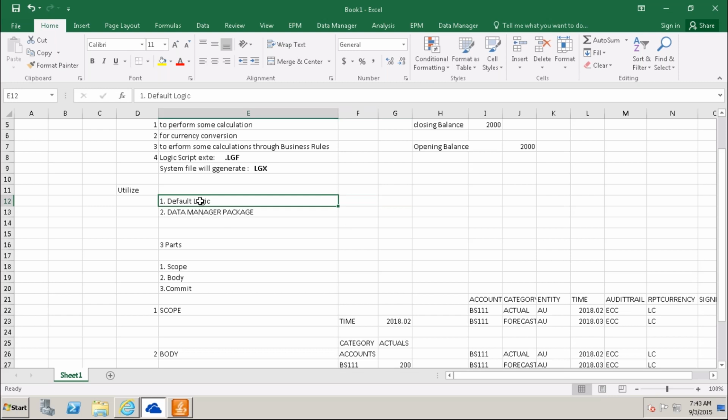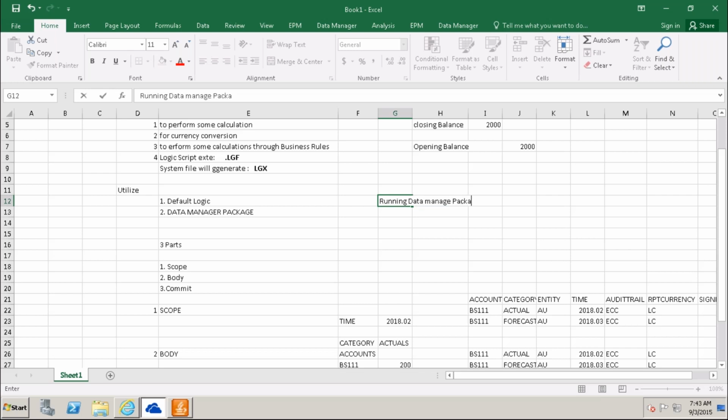When I keep this script logic in the default logic and the user runs a data manager package, immediately after the actual loads are completed, it will start writing the values into forecast values.